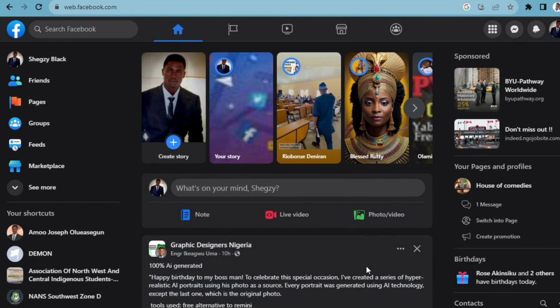So now the first step to do is to create a Facebook page. Now click on your profile. On the newsfeed, you will see your profile name, you will see friend list, you will see pages, you will see group, you will see feed, you will see market space. If you click on see more,